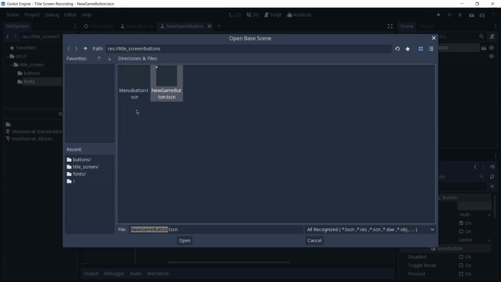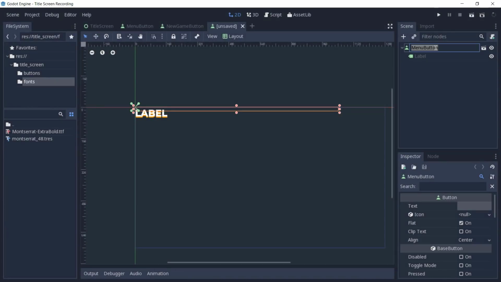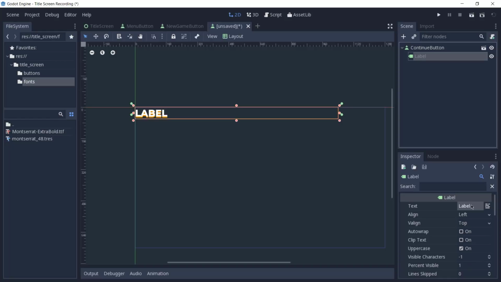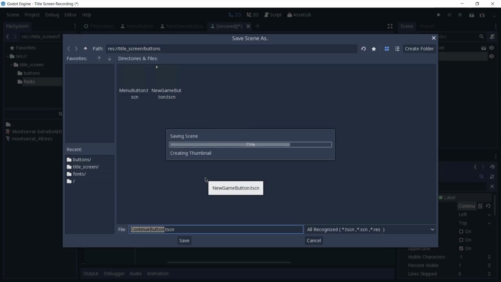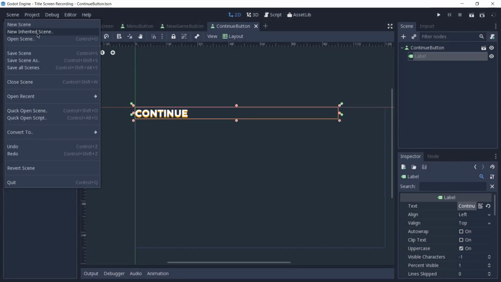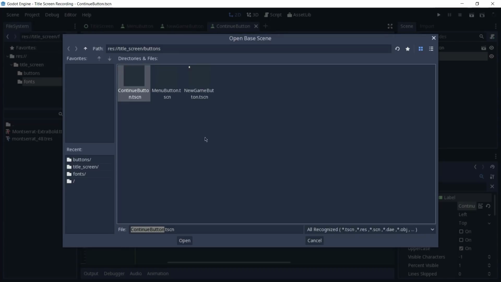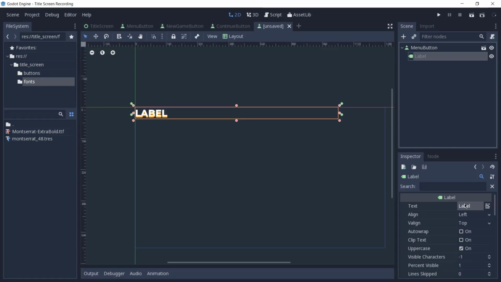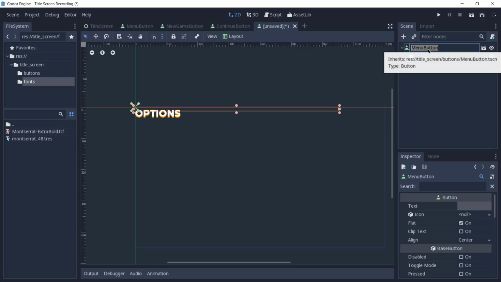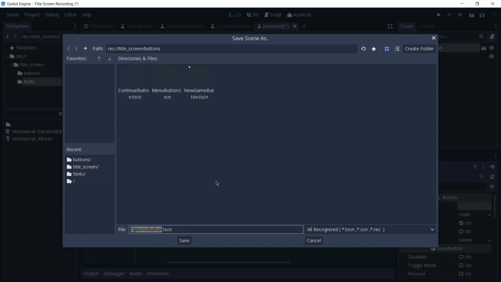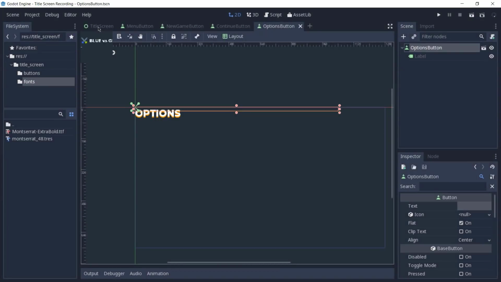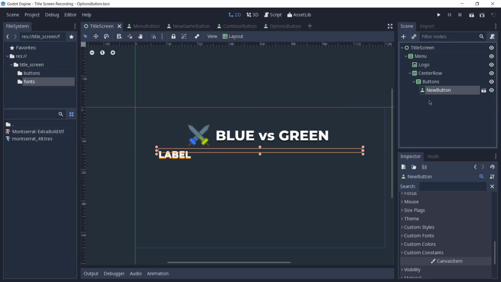A new inherited scene from the menu button. This time is going to be called Continue Button. And the label text, as you can imagine, is going to be Continue. Save. And lastly, the Options button, which again is going to inherit from the menu button. Rename the root node. Save. Same folder. Now back to the title screen, we can delete this new button right here